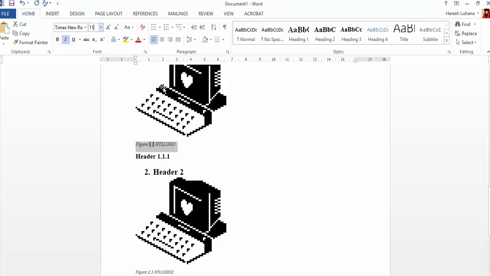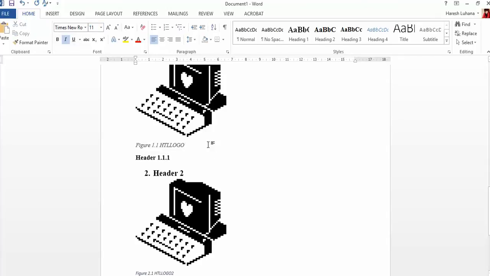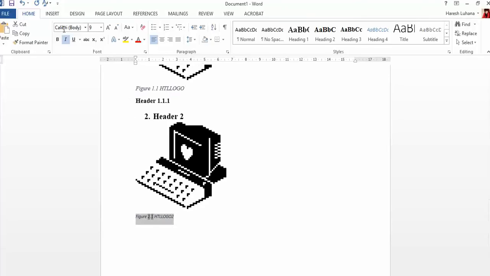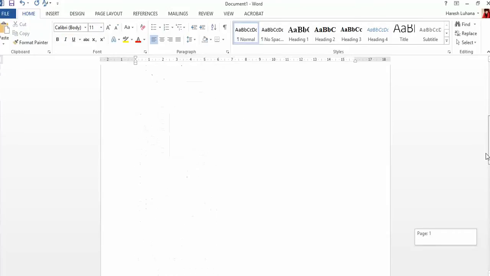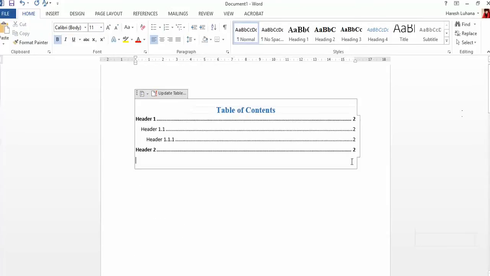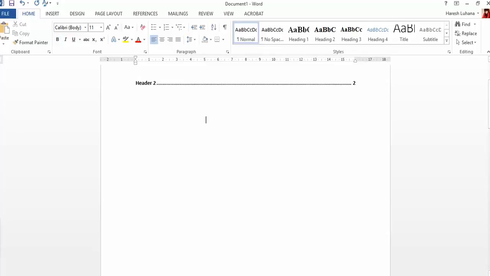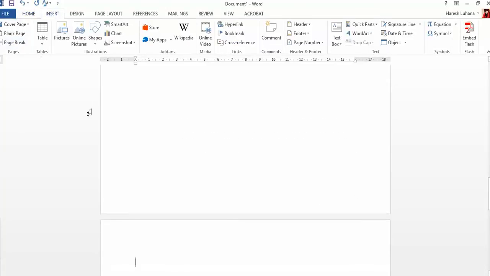So this was the simplest way. I'll do the same for this also. I can write Times New Roman 11. Okay, so how to get this list of figures? I'll press enter over here. I'll insert a page break over here on this empty page. What I'm going to do is